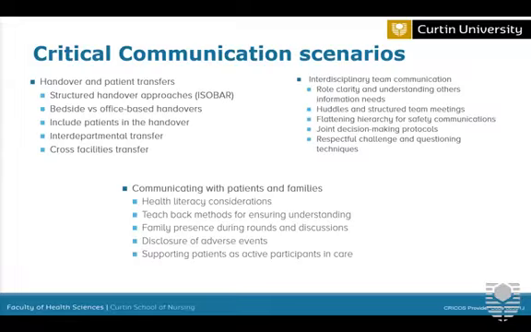Family presence, doing rounds and discussions, because sometimes if they're designated next of kin, the person in the bed might be anxious or might not take in all the required information, and then disclosure of adverse events and supporting patients as active participants in their own